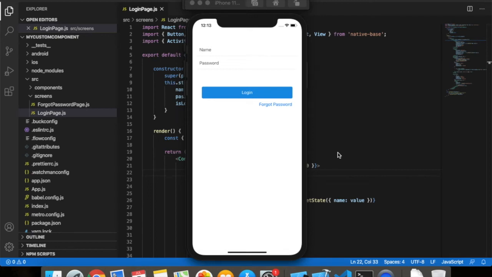Hello friends, in this tutorial we are going to learn how to add icons to your applications. For the sake of this tutorial we are going to use the React Native Vector Icon framework. This framework is very powerful as it provides us with custom fonts which you can add to your application. Now I will quickly show you how you can perform that operation.